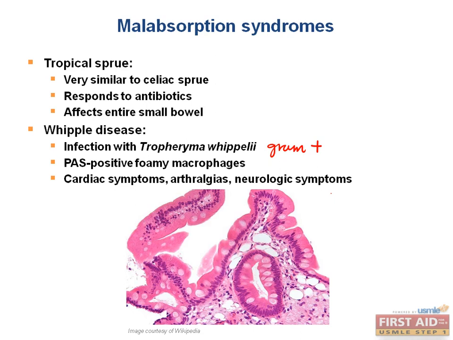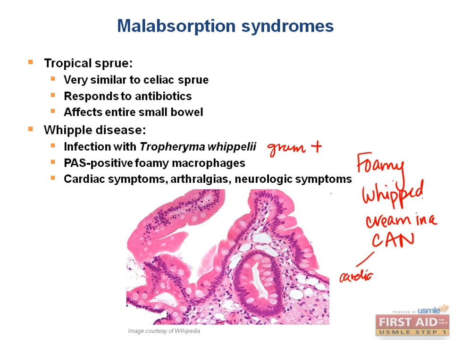In addition to the typical diarrhea, weight loss, and weakness, patients also have arthralgias and cardiac and neurologic symptoms. The mnemonic "foamy whipped cream in a can" can help you. When you see foamy, think of foamy PAS-positive macrophages, and can, or C for cardiac, A for arthralgias, and N